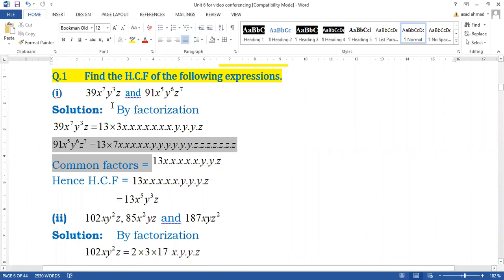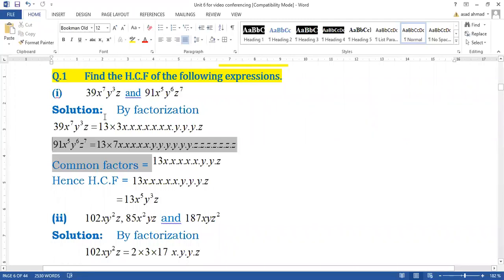39x raised to power 7, y raised to power 3, z, and 91x raised to power 5, y raised to power 6, and z raised to power 7. These type of parts can be a part of MCQs or short questions. What you have to do, because these are very simple parts, the factorization will be done by splitting these